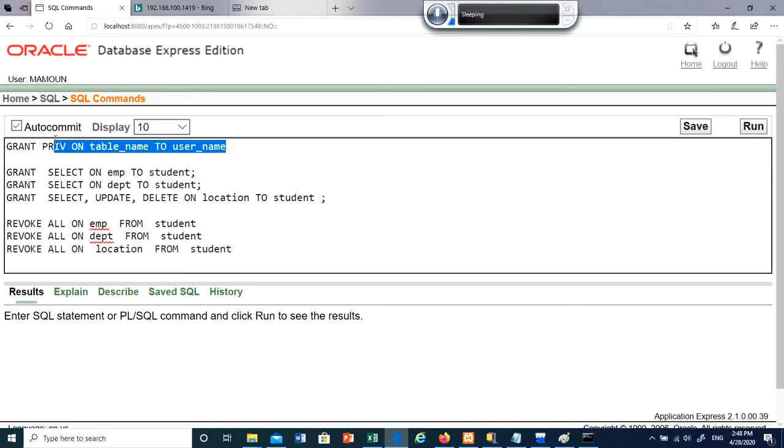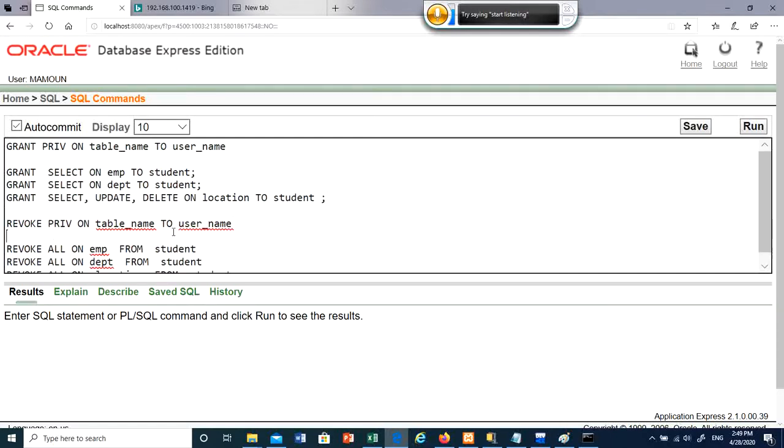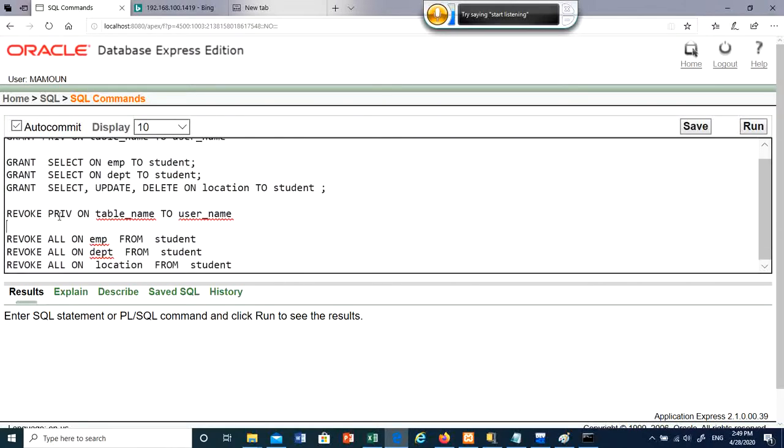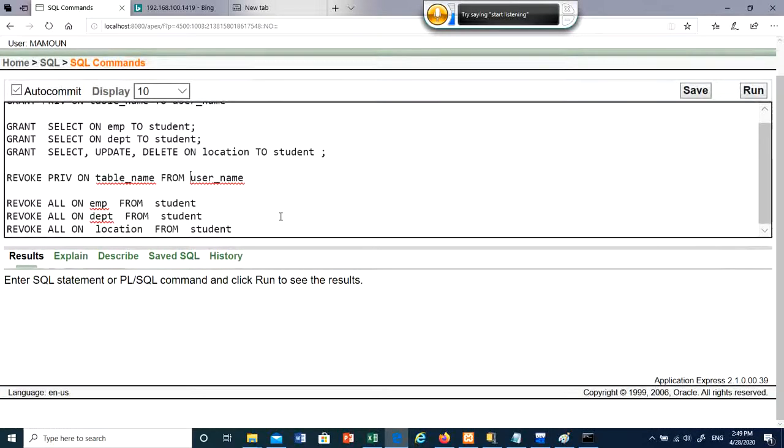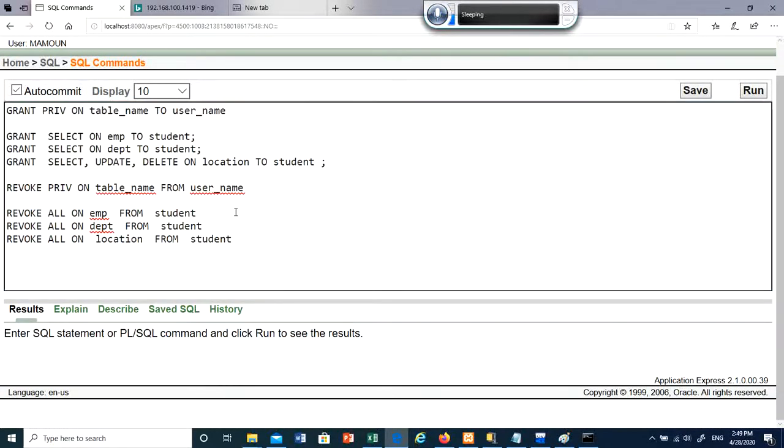If you would like to revoke these privileges, that means take them away, you have to execute this command. Let me also put it here as a syntax: REVOKE privilege ON table name FROM this user. Instead of TO, you use FROM. And if you have given them, for example, three, I can remove all these